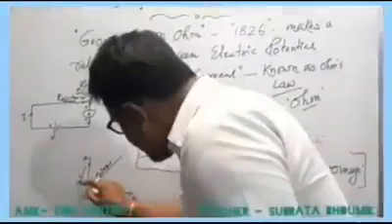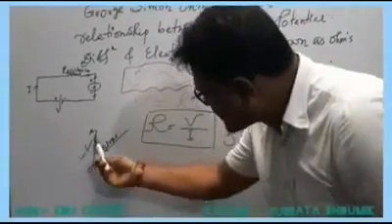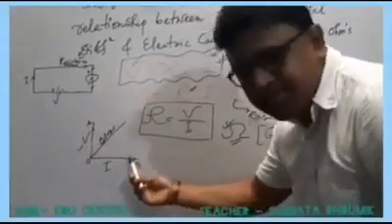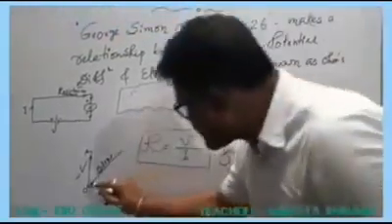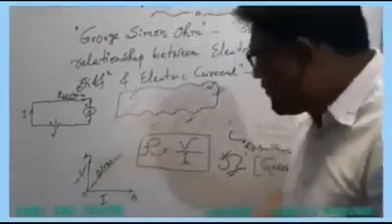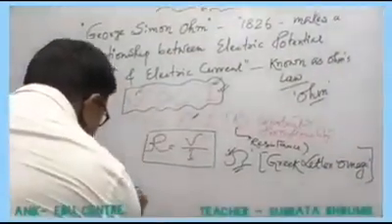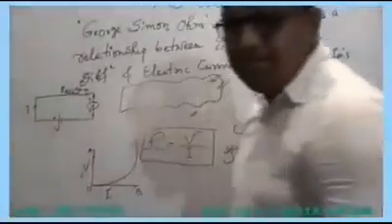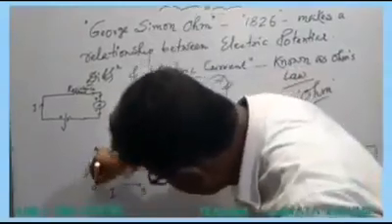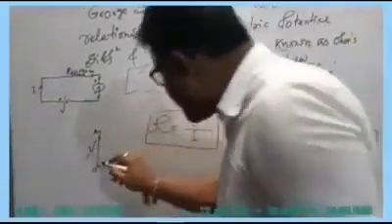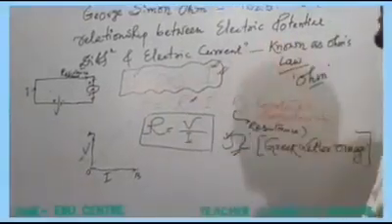That's why you draw a particular graph. In this graph, if voltage increases, current automatically increases. As you know, whenever there is a directly proportional relationship, the graph should be a straight line. And whenever there is an inverse relationship, the graph would be a curved line. So here, as voltage and current move in the same direction, George Simon Ohm made a straight-line graph. So this is the basic introduction of Ohm's law.